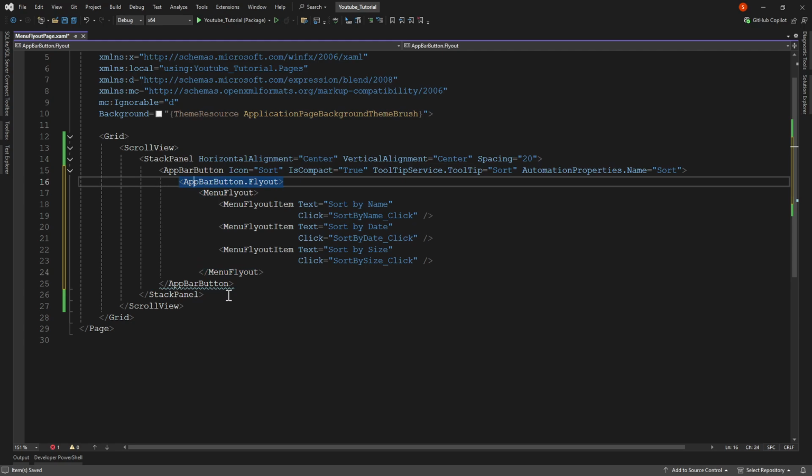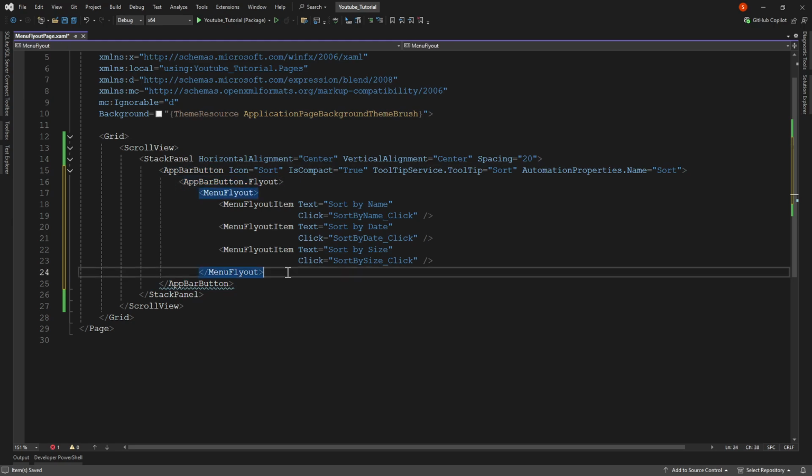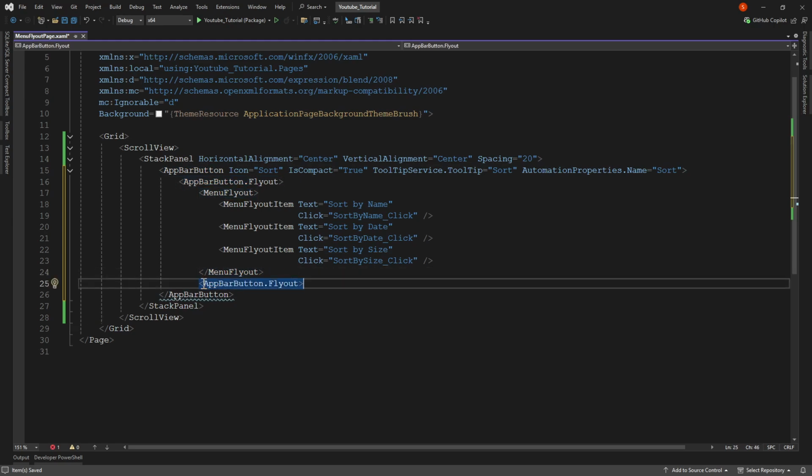I don't need to write. Oh, what's wrong? Flyout. Oh, you need to close here. Close app bar button flyout. Intelligent. I don't need to write. Just tap and they create it for me. App bar button dot flyout.